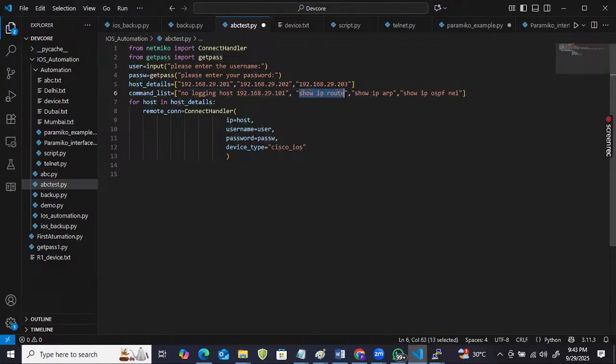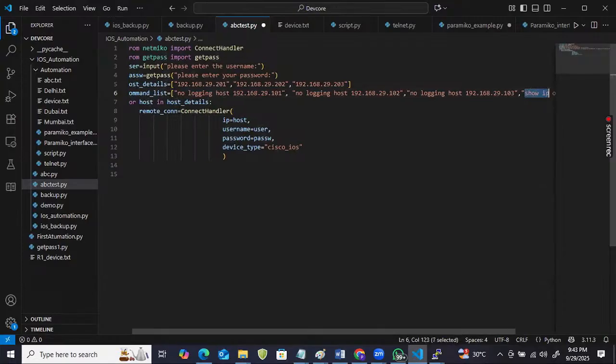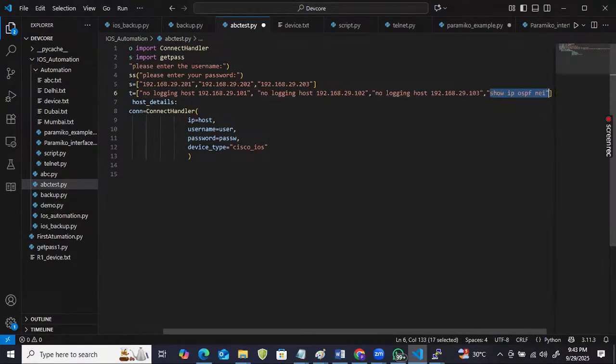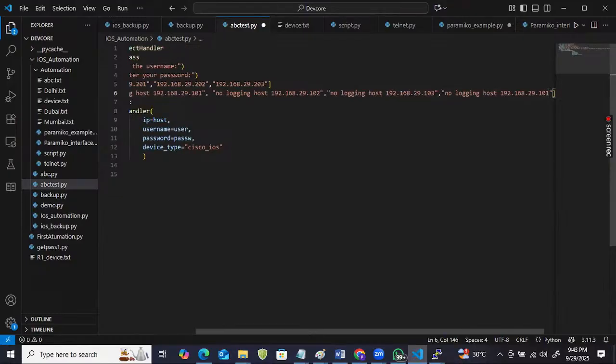Then next command 102. Then next command 103. It's better we can write in this format. So